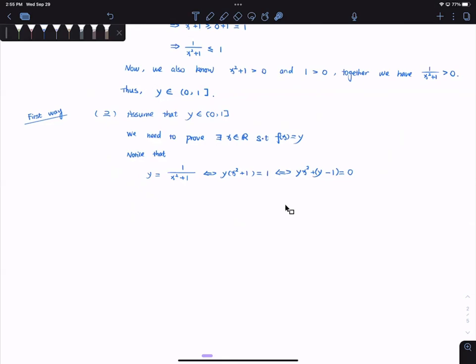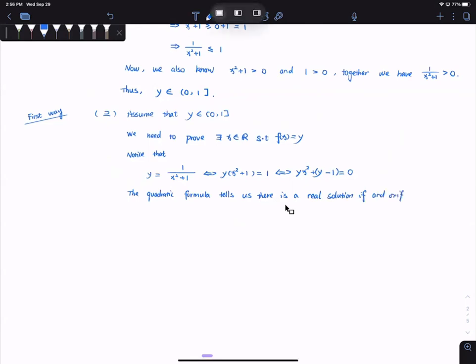What do we do? Quadratic formula, I want to show x is real. What do I do? Discriminant greater than or equal to 0, exactly. So the quadratic formula tells us there is a real solution if and only if